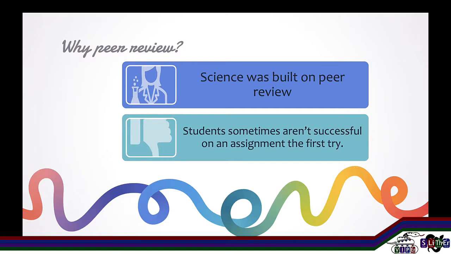Sometimes students aren't really successful on something the first time they try it, and maybe not even the second or the third time. But I think peer review can be really useful because they can learn not only from the professor, but also from each other. And it lowers the barrier that failure sometimes feels like, right? Most of the time students want to do well, but it's difficult when assignments are hard or things are really unfamiliar, maybe like writing a new style of lab report, for example.